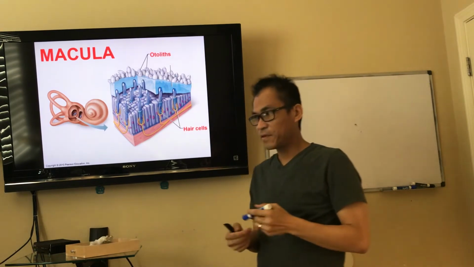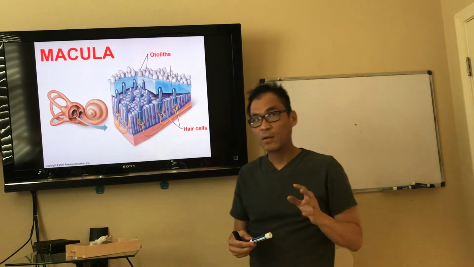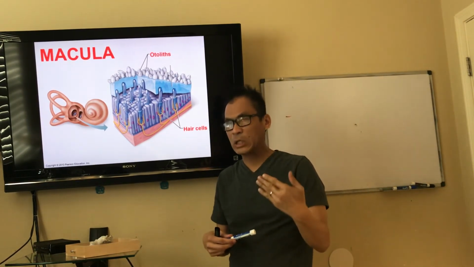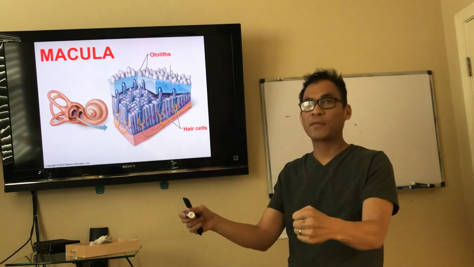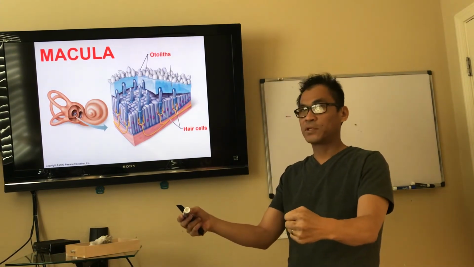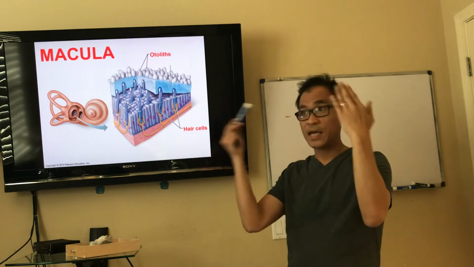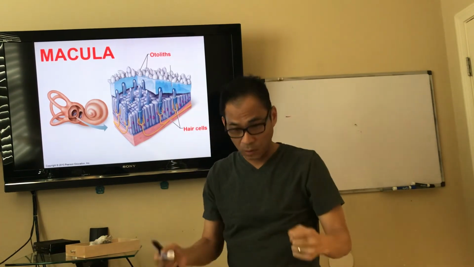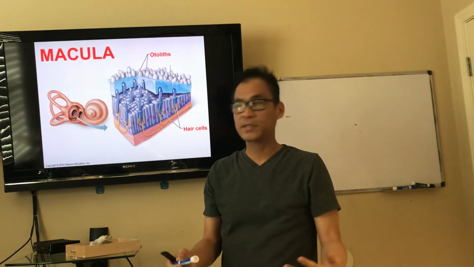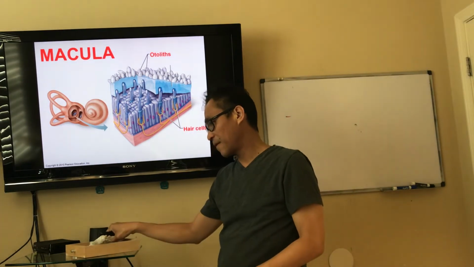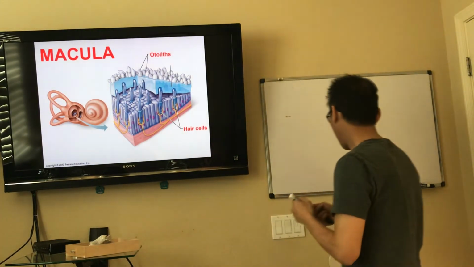What we'll see is that these hair cells of the macula are for detection of linear acceleration. Like when you accelerate on the freeway, go from 0 to 60 in your car, you feel that sensation. Or the big drop in a roller coaster, and you feel that linear acceleration of the roller coaster, making it very exciting. And so the macula,